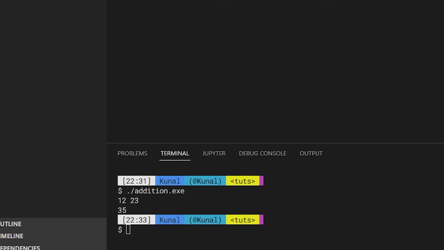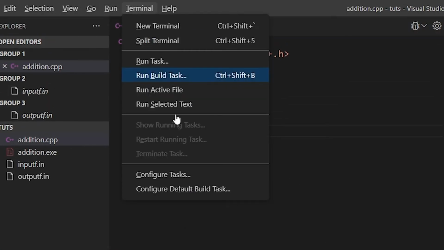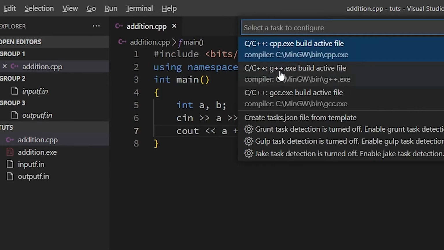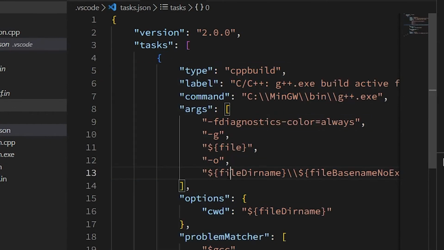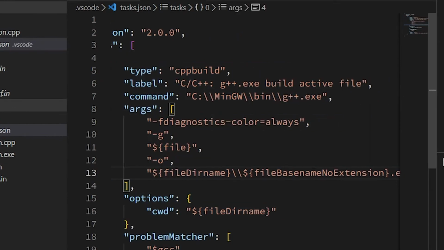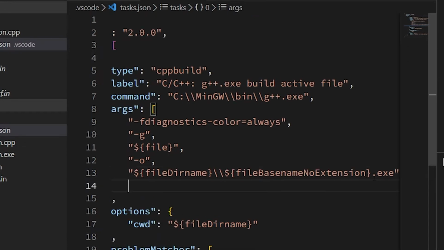So to deal with that situation, firstly you need to go to the terminal, then configure task, and select the g++.exe compiler. If you are using MinGW, it's showing here. And then in the arguments list, here is known as args, you need to add just two lines of code. That's the end, and